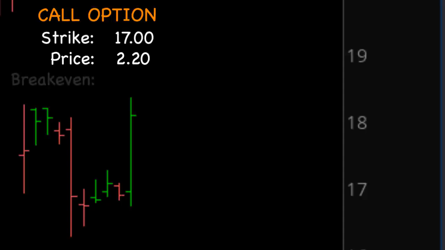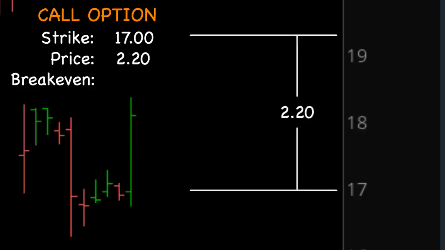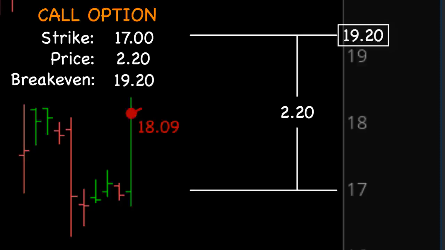For us to break even on the trade at expiration, the stock would have to be at 17 plus $2.20, which comes out to be $19.20. Twitter is currently at $18.09, so it would have to move all the way up to $19.20 for us to just break even. That's why we kept saying to keep watching before you start buying calls on every stock you